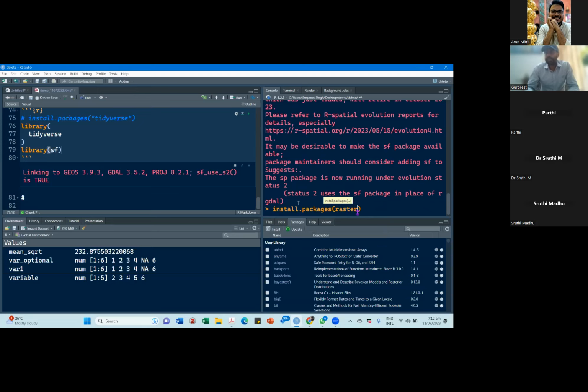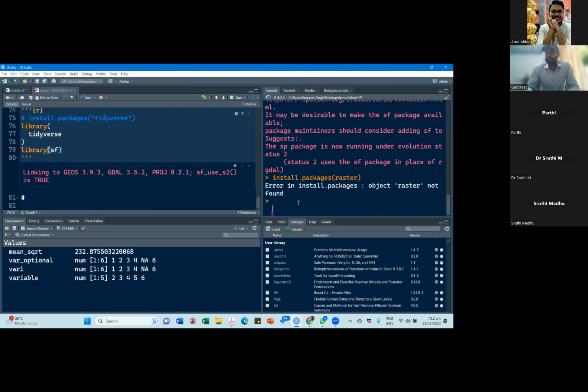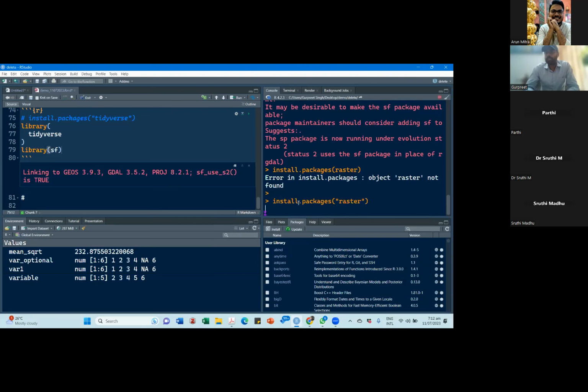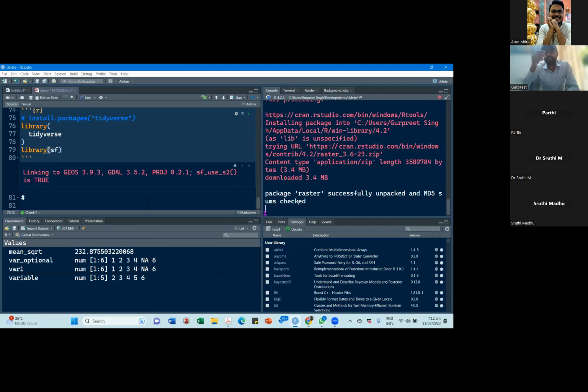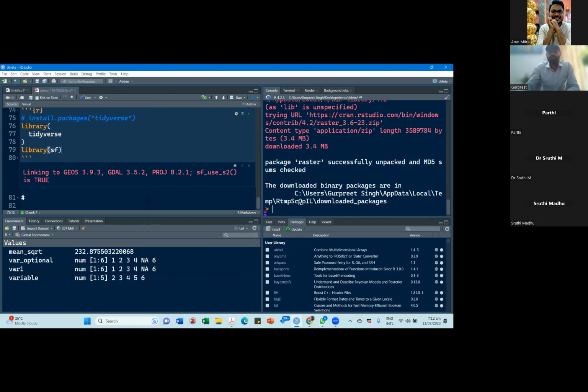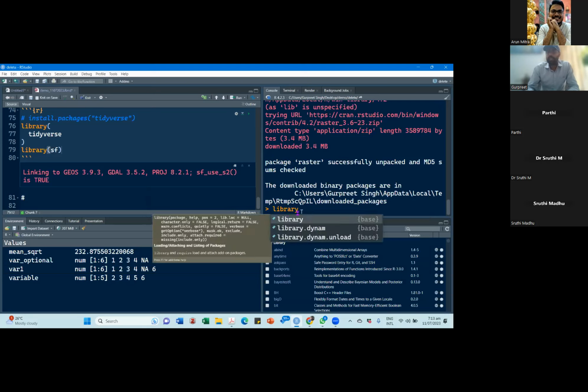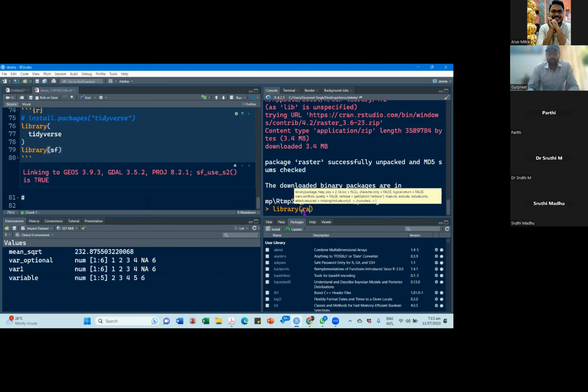I think raster is the one. See, manual errors. I installed out packages. Raster. You just saw the manual error which I did. Now if I load library raster,